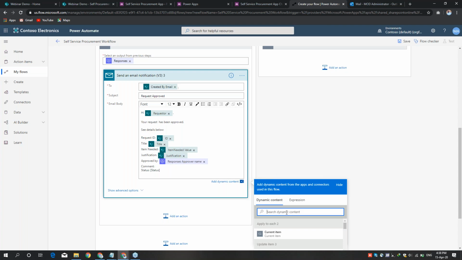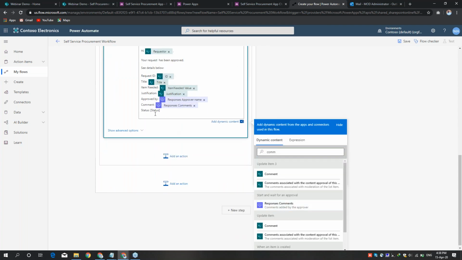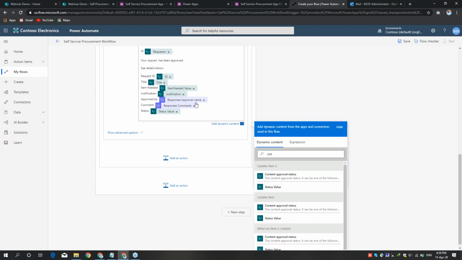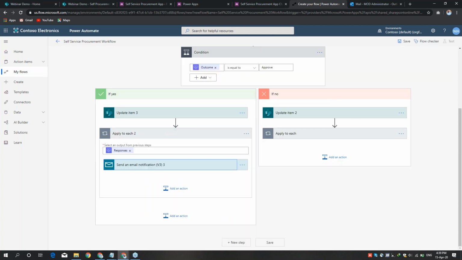So we also have the comment, which is the response comment. Then finally, we have the status. Okay, so after sending this email to the requester, the next thing we need to do is we also need